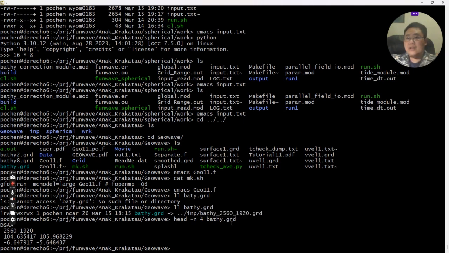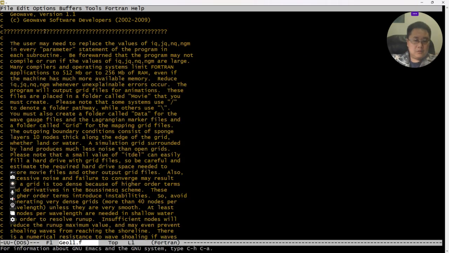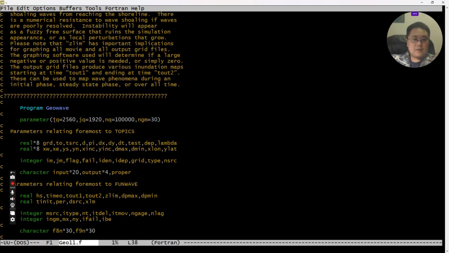I created that particular file using my MATLAB script and then transferred it to my cluster, and then put a soft link inside of my Geowave subdirectory. And then the number of points in the x direction, and then the number of points in the y direction, those two numbers have to match with the source code. It has to be exactly the same number over here. And this change has to be made for every subroutine,